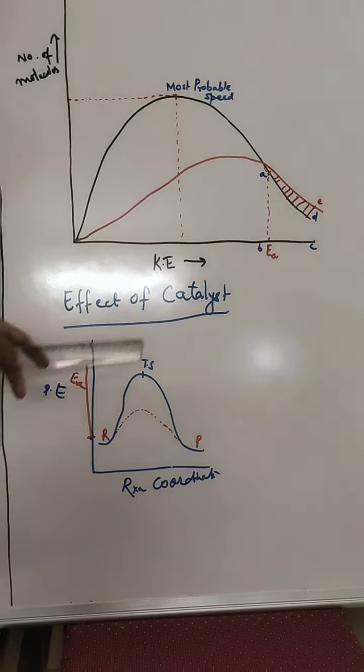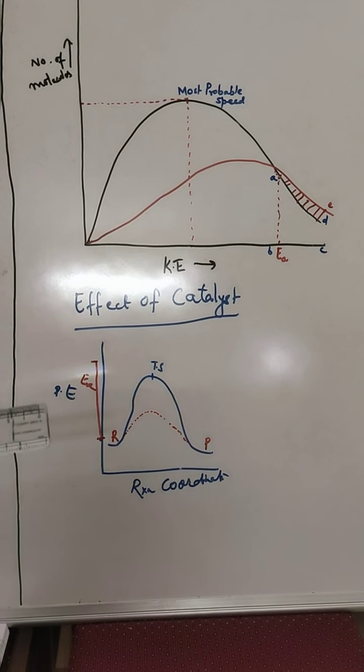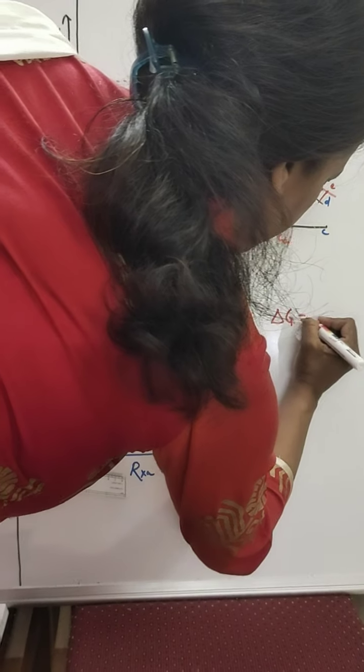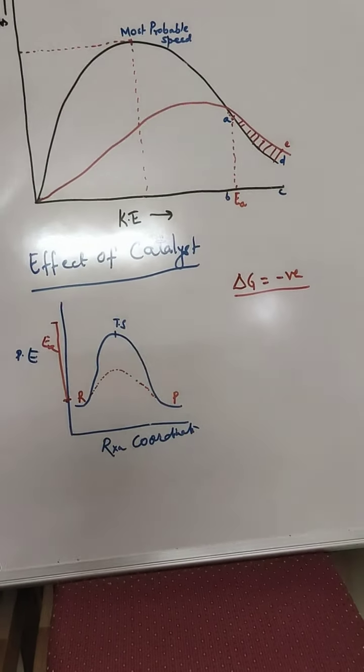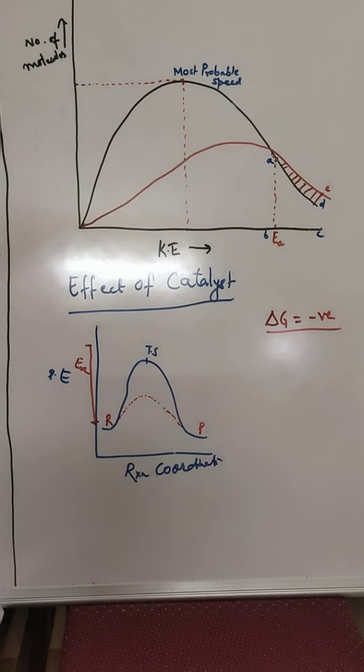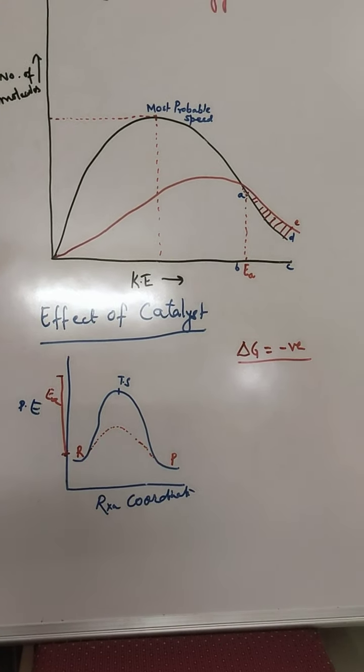Now, two more important things we have to understand over here. First one is that catalyst reduces the activation energy of the reaction, and hence the reaction proceeds at a faster rate. Now second, what about the value of delta G then? We have already spoken that delta G value should be negative for a reaction to take place, or for the reaction to be thermodynamically supported. Okay, so children, I must tell you here that catalysts are effective only for those reactions for which delta G value is already negative. Understood? For the catalyst to act on a particular reaction, delta G value should already be negative.